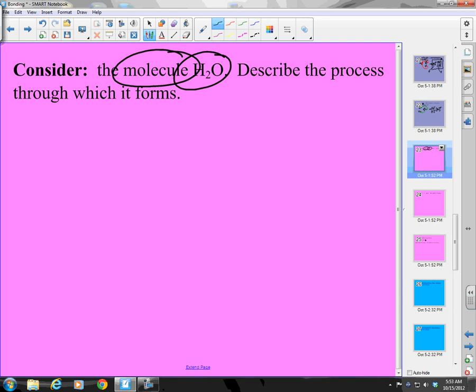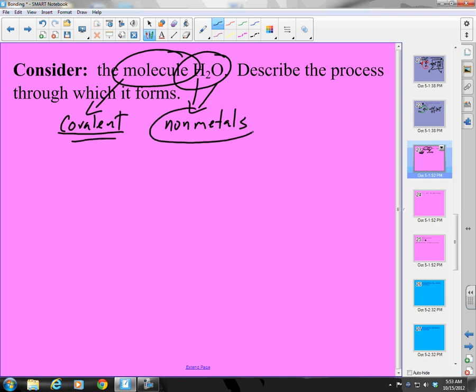Consider the molecule. Describe the process through which it forms. Okay, if we see the word molecule, what are we thinking? It must be covalent. What else would give us an indication it's covalent? Well, we have hydrogen and oxygen. These are both nonmetals. So, okay, if it's covalent, and that's probably what it is,